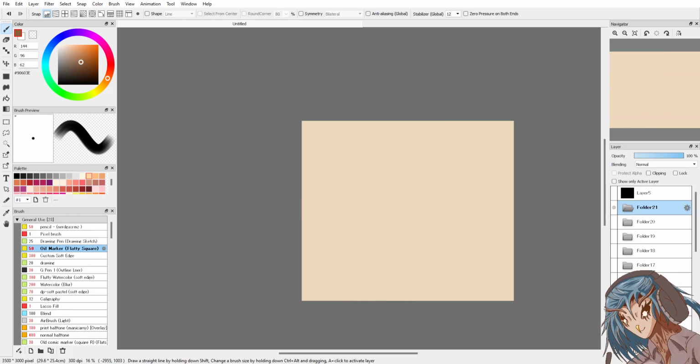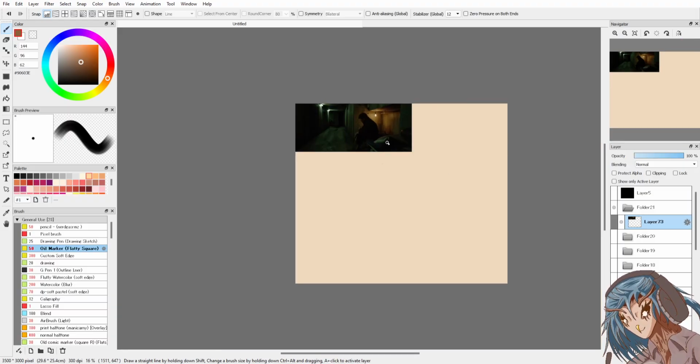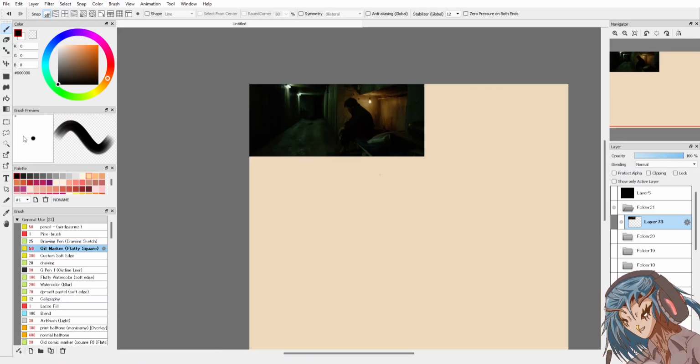Next. More blood? I don't want to do that. I'm not avoiding it, I just don't want to force you to see it. We've seen this shot before. It's the same key lighting.